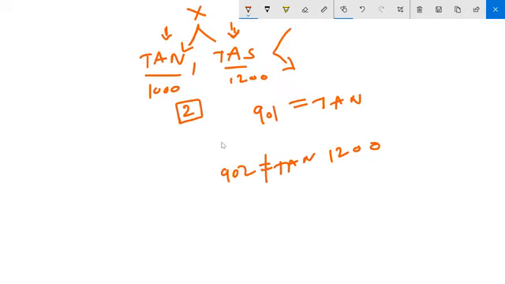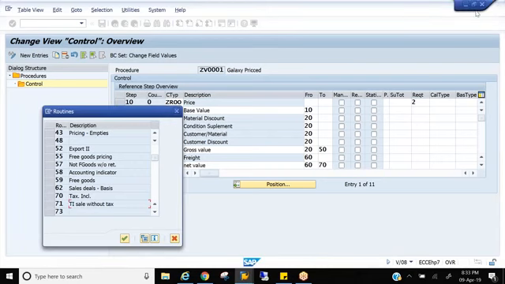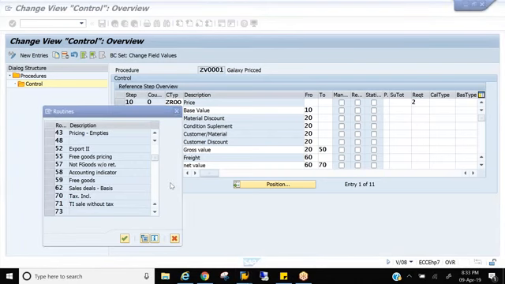So for that condition type, if you assign this routine, the system will pick 1,200. If you assign that routine, the system will pick TAN. So it's a simple logic like this, which your ABAPer will write to differentiate the conditions. The routine helps us do the validations. If the validation passes, only then will the system get the condition types into the sales document. So from today we'll be discussing routines a lot, and in the advanced concept document I'm sharing, you have enough good routines.